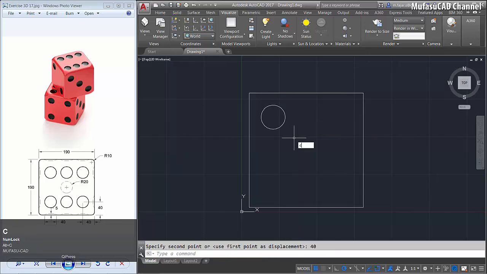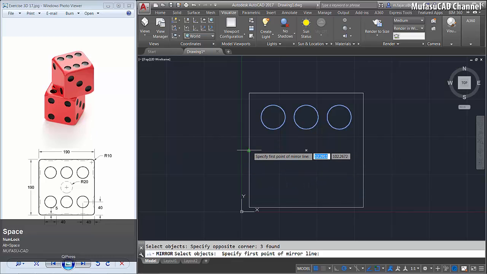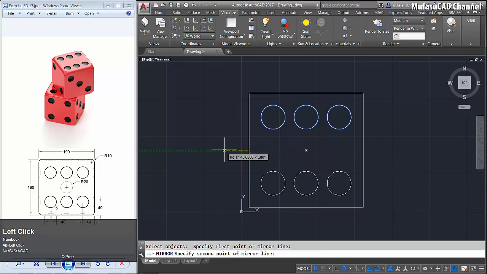Okay, I will copy this circle object from the center point to this point, and I will mirror this circle from this middle point to the top here, and okay. And we mirror this circle object again from this middle point to the left here, and okay.